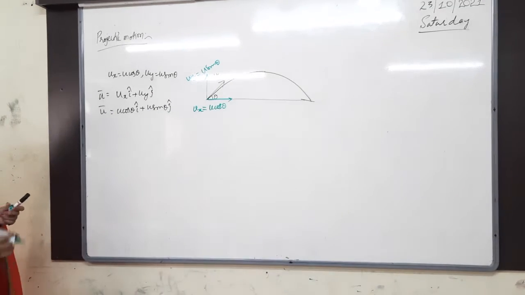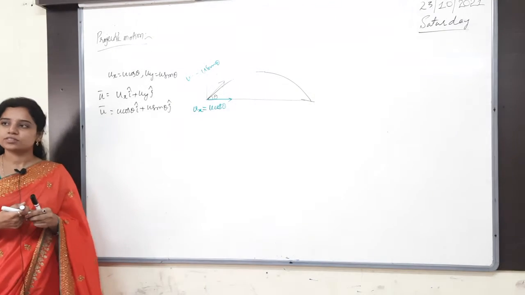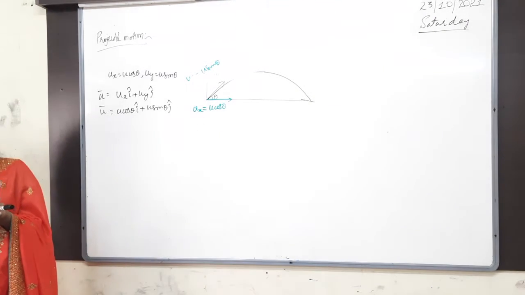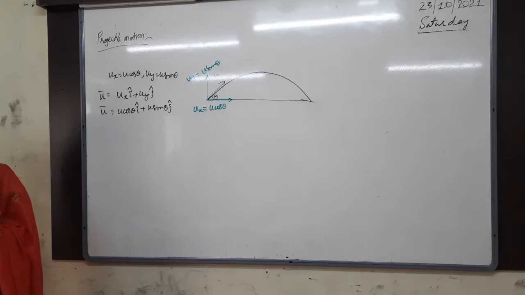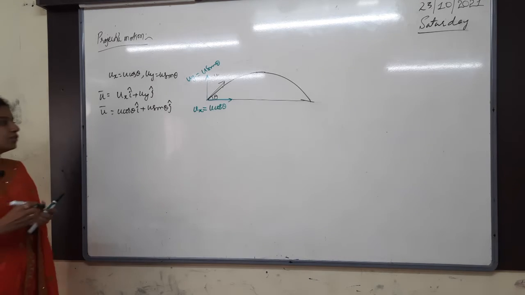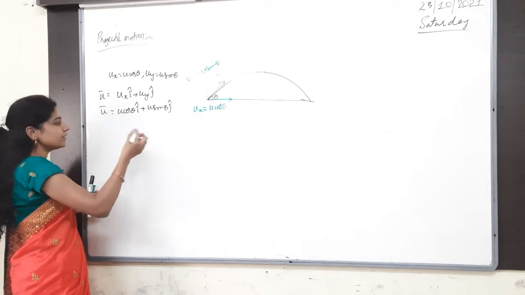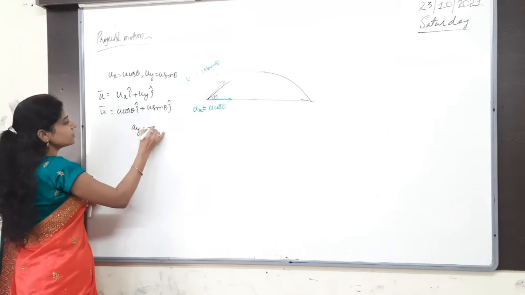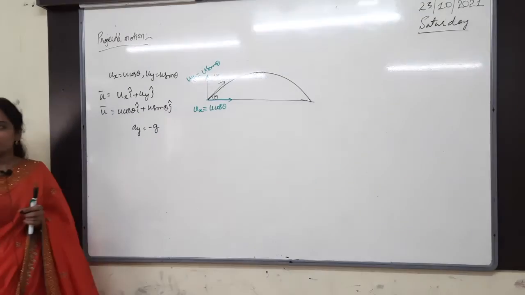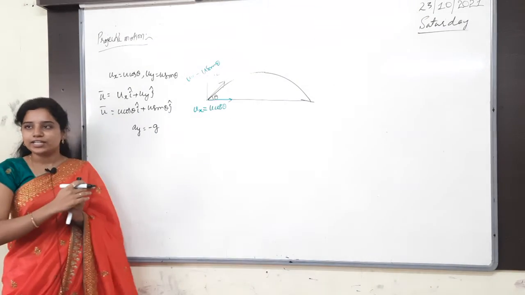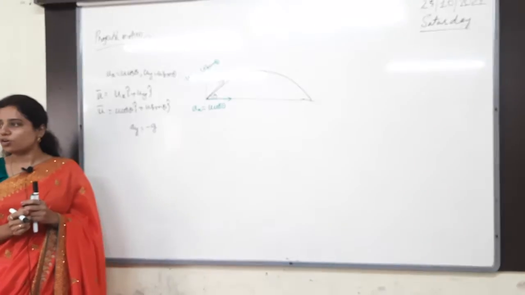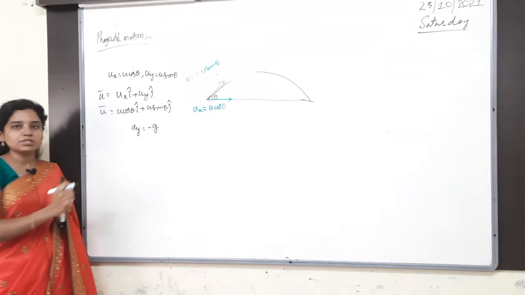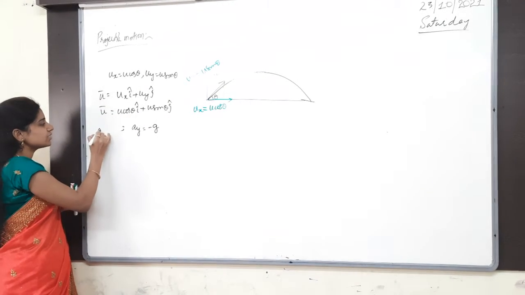And it is clearly moving under which force? Gravitational force. So in which direction will gravitational force act? Downward direction. So which acceleration will be there, vertical acceleration or horizontal acceleration? Vertical acceleration. Because gravity is acting in downward direction, Ay is equal to minus g. Why minus g? Because we are throwing in the upward direction and gravity is acting in the downward direction. So Ay is equal to minus g. What about Ax?